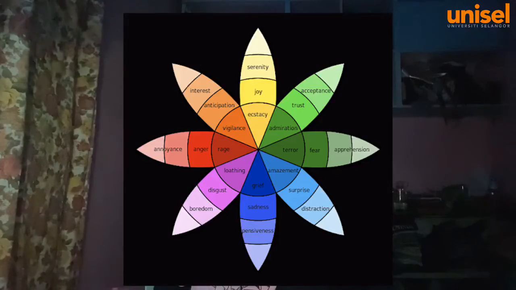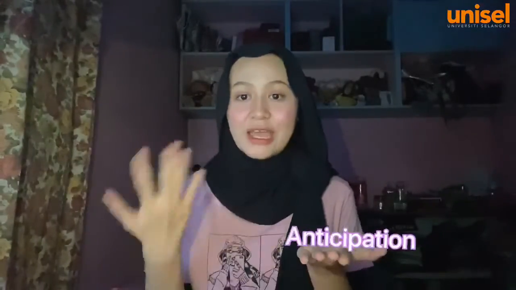There are 8 basic emotions, which are anger, joy, sadness, surprise, fear, disgust, anticipation and trust. These interesting facts of 8 basic emotions come from a scientist named Robert Plutchik. He also created a wheel of emotion to illustrate these 8 emotions in a compelling way. It shows visually the dynamics of emotion, like what happens to an emotion when it is left unchecked and when combined with 2 emotions. For example, anticipation and joy.